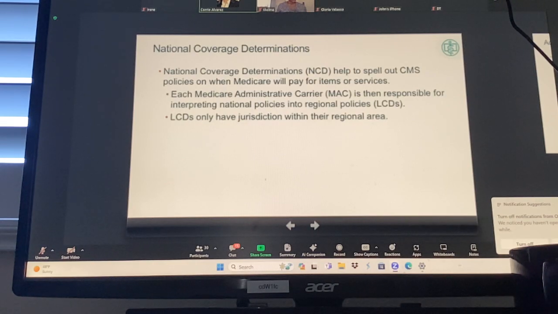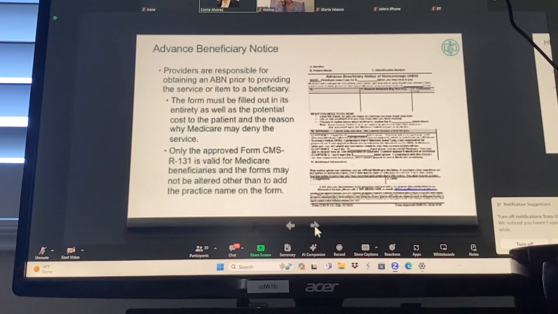And regionally, they can set certain tests and treatments that require certain diagnoses in order to be paid. That doesn't mean the patient doesn't have or need, or can't have that treatment or that test. But if the giver of that test or treatment wants to be paid, they're going to have to sign an